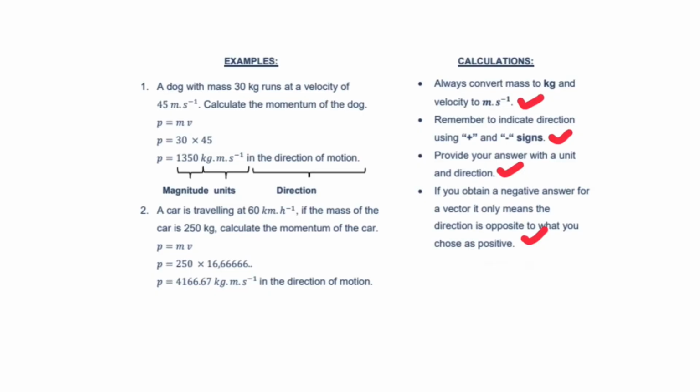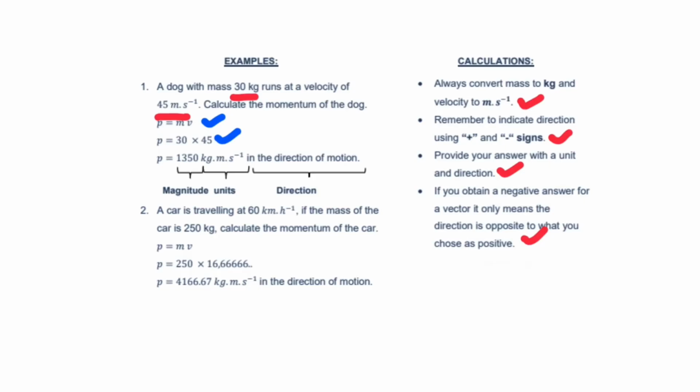Okay, let's take a look at the first question. A dog with mass 30 kgs runs at a velocity of 45 meters per second. Calculate the momentum of the dog. Well, this is pretty much straightforward. The mass is in kgs, so no problem there whatsoever. And the velocity is in meters per second. So we're going to write our formula. P is equal to m multiplied by v. And then we're going to substitute. P is equal to the mass, which is 30, multiplied by the velocity, which is 45. This is equal to